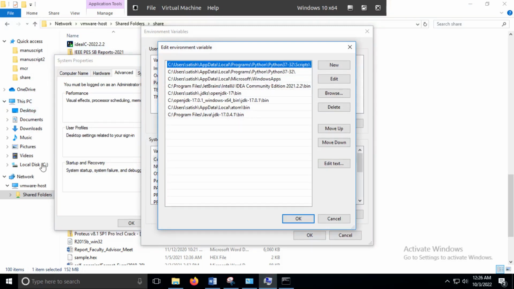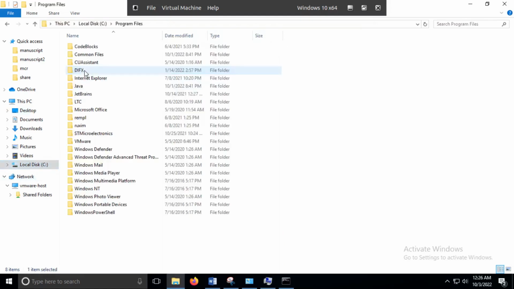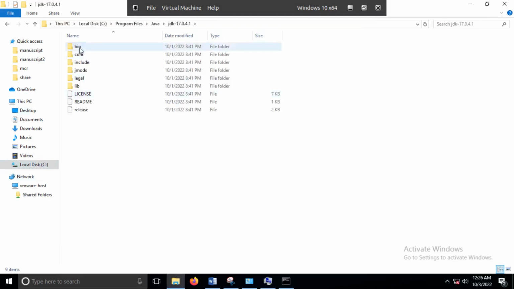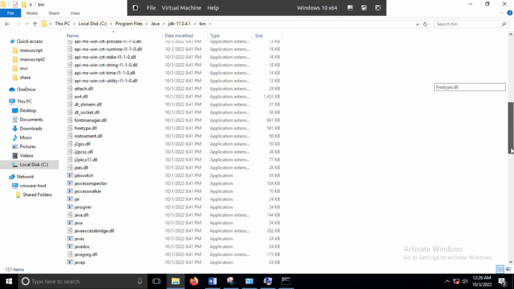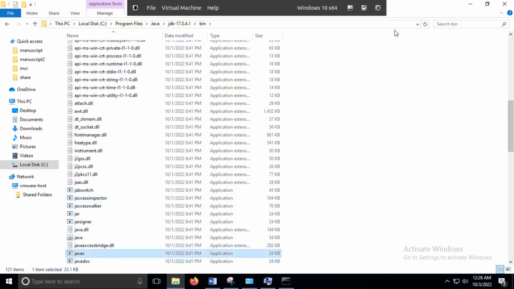So to find out which path to add, go to C drive, go to Program Files, go to Java, go to the JDK version that you have installed and then click on bin. Here you will see the Java executable present here. These are the executables java and javac. These are the two things that are required for you to be able to run the Java programs. So just click on the address bar here, copy this path,